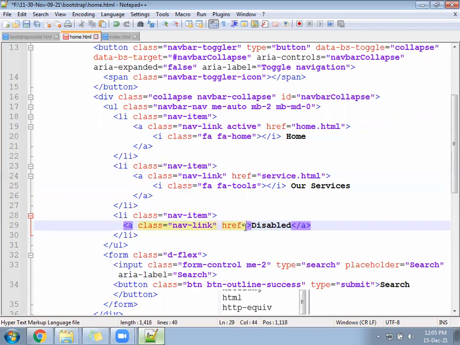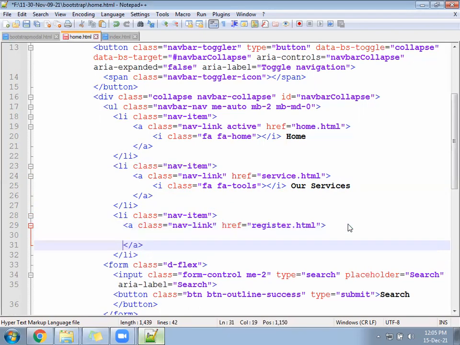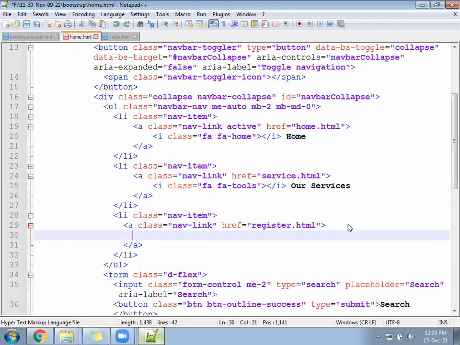href equal to, you can write here something. Register dot html. We can write here a call, FA FA user hyphen plus, register.